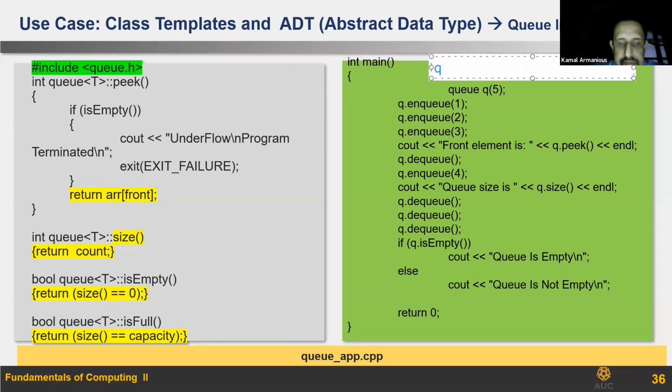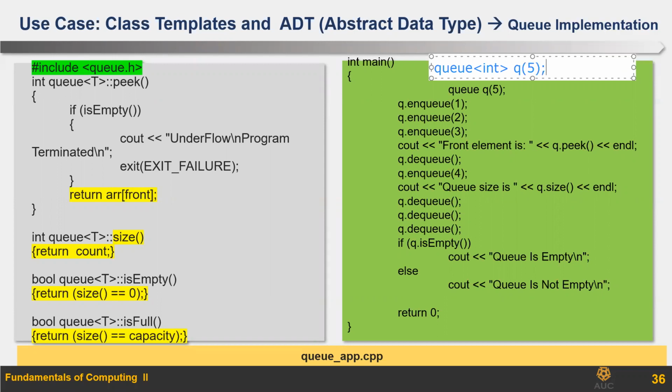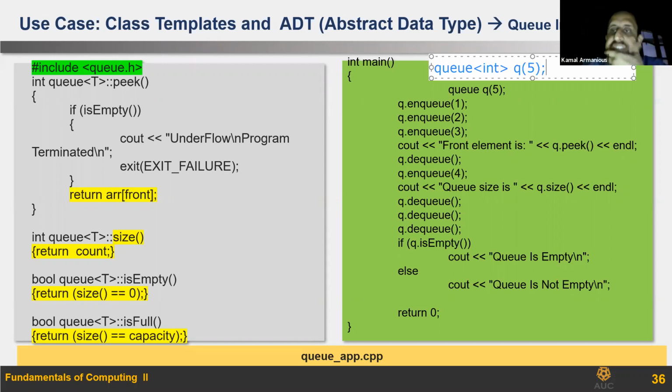Q. What does this mean, Mohammed? Q here is a constructor. Yes. And what is the size of the queue? 5.